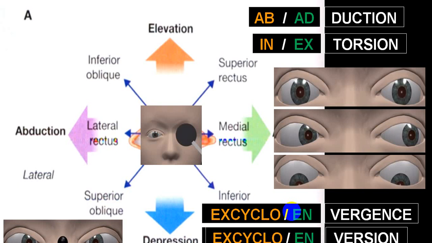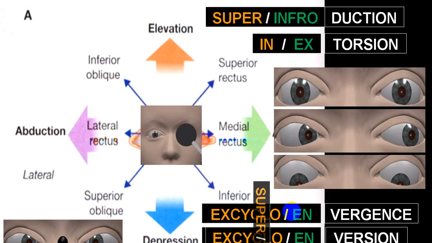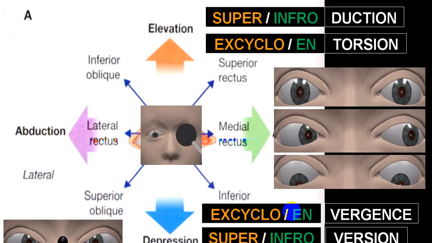And also along with version or versions, these are the words which will be added. For superior and inferior movement, you can use supraduction and infraduction, as well as in version, you can also use the words supraversion and infraversion. And also in torsion, that is rotation, excyclotorsion and incyclotorsion. These are all the different terms. Dextrocyclo and levocyclo.